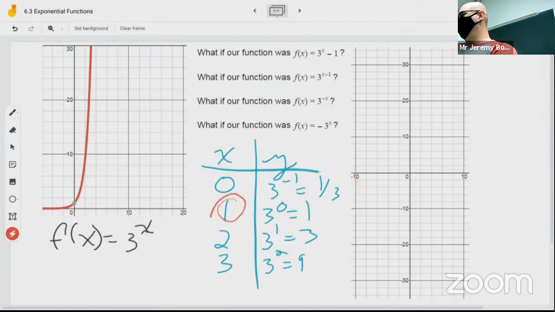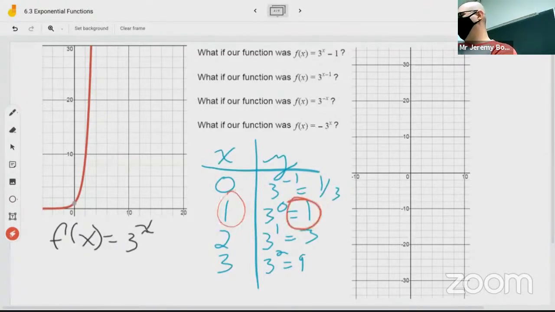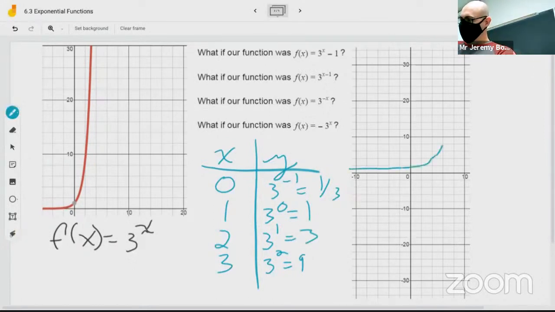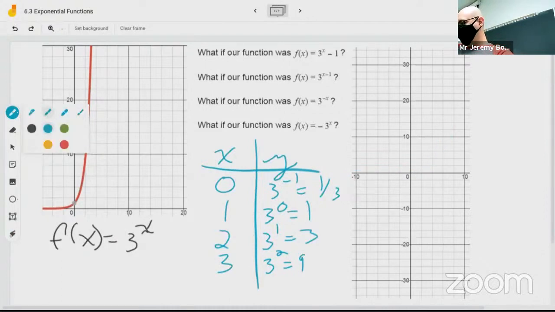Instead of it being 1, 3, it's now 1, 1. Instead of it being 2, 9, it's 2, 3. So everything has been shifted to the right a little bit, or 1 unit. And so your graph will be shifted over. I messed that one up once again. 1, 1. So as we already see here,